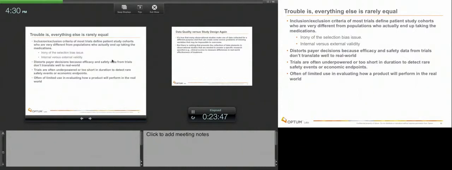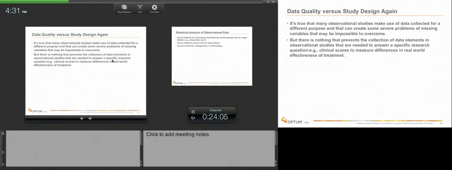You take those results that are so different in the real world, and you compare them to clinical trials, and ironically, people say those real world results can't be right, it's apples and oranges in terms of the patient populations. Really, it's this difference between clinical efficacy versus effectiveness. So there's this difference in design versus